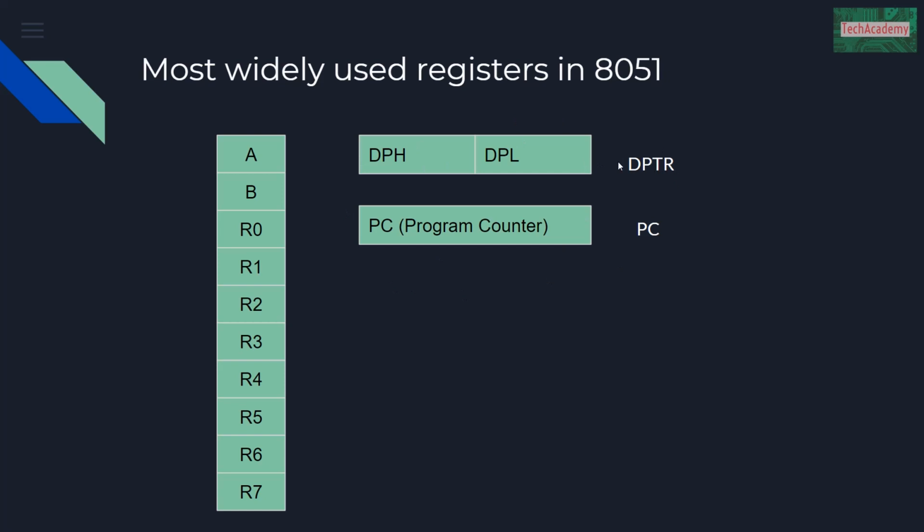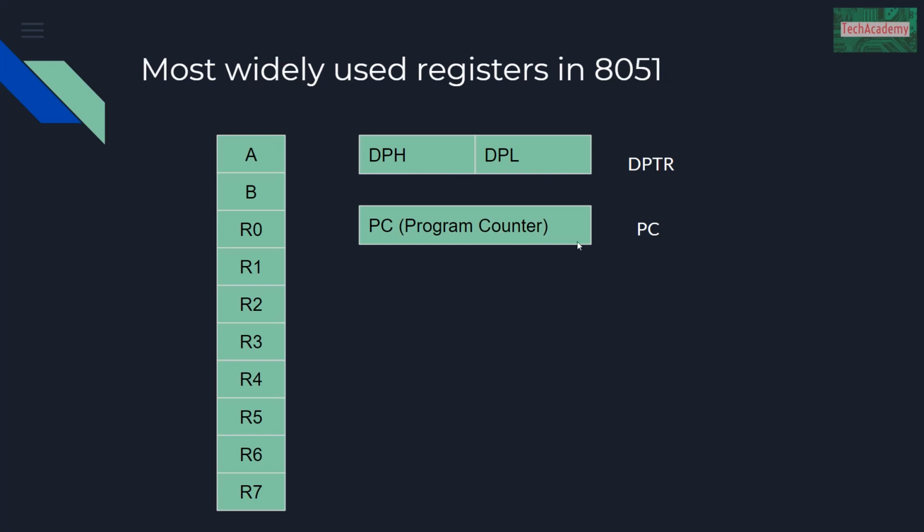So this one is called DPTR. This is a 16-bit register, but it can be divided into two 8-bit chunks. The lower 8 bits of this DPTR are called DPL, that is data pointer lower byte, and data pointer higher byte, so this DPH is the higher 8 bits of this DPTR. So this is completely a 16-bit register which is divided into two segments of 8 bits, DPL and DPH.